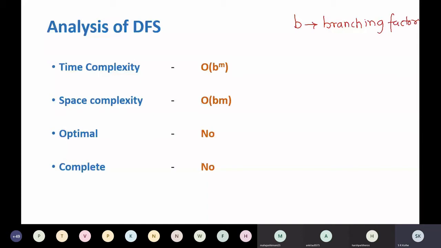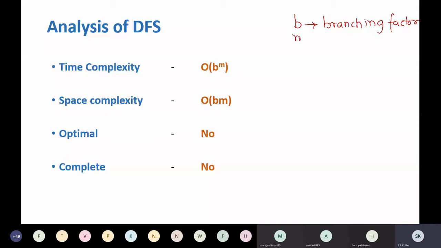That tells you the breadth of the search tree. And m is the depth at which you have found the solution.